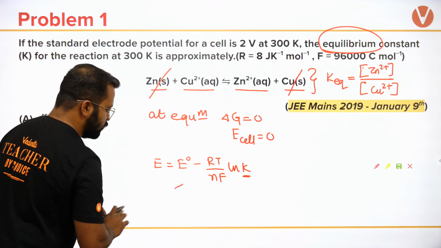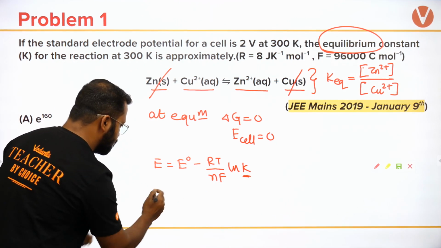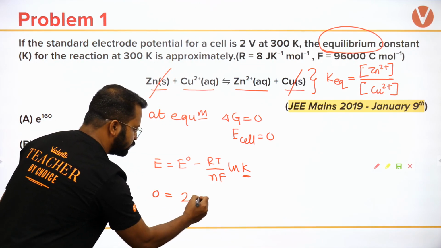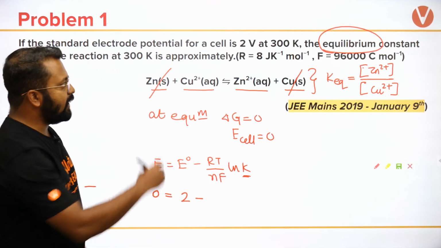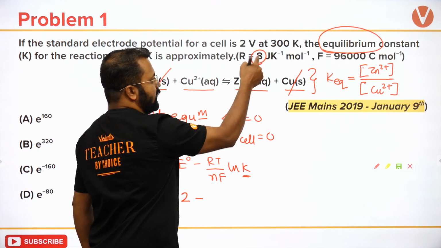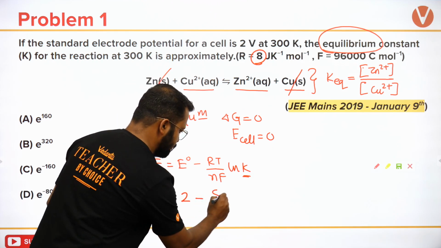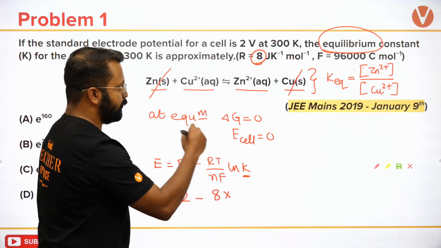E is equal to 0. So this is equal to 0. E naught cell is given as 2 volts minus R value. You can see you have to take this value. This value is given over here. So it is 8. Temperature is 300